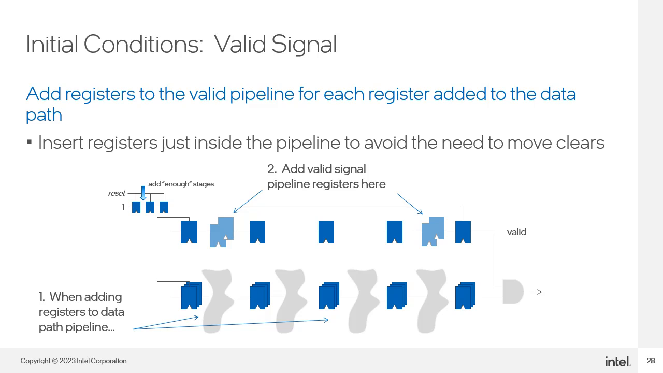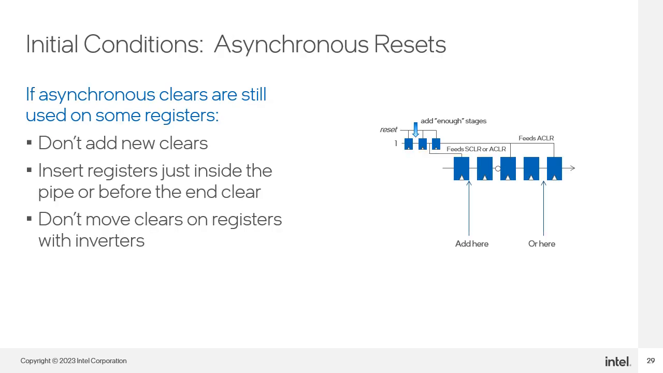Remember too that the first and potentially the last register in the valid pipeline have clear signals still attached in order to preserve the initial conditions. So any new registers that you add should be placed within the valid pipeline rather than at the ends. Otherwise, you will have to disconnect the resets and then connect them to the new registers at the ends. Similarly,